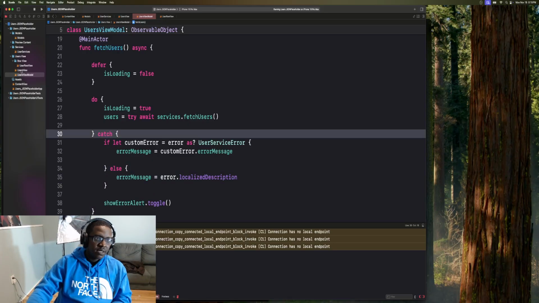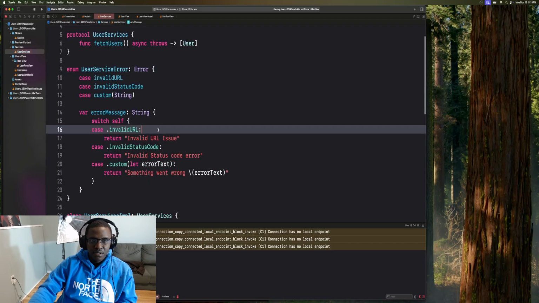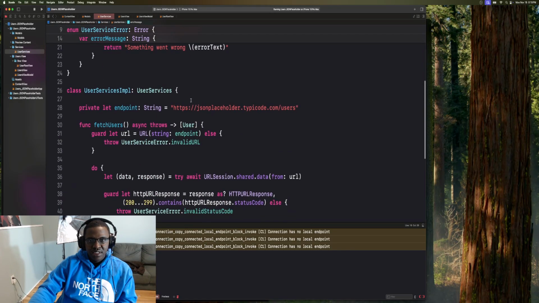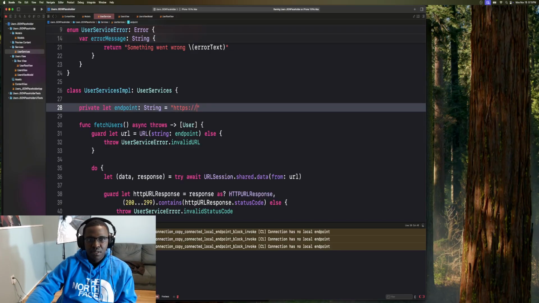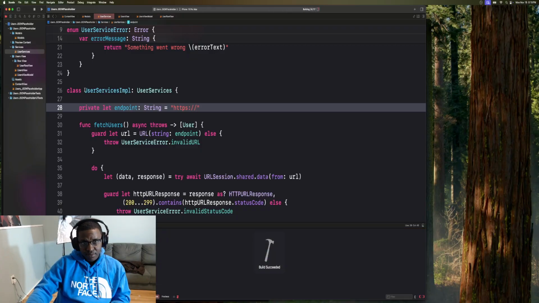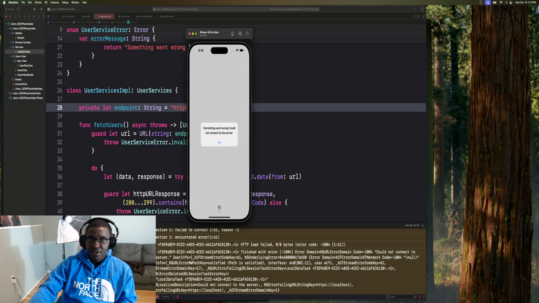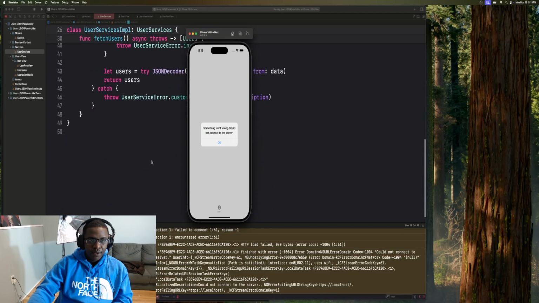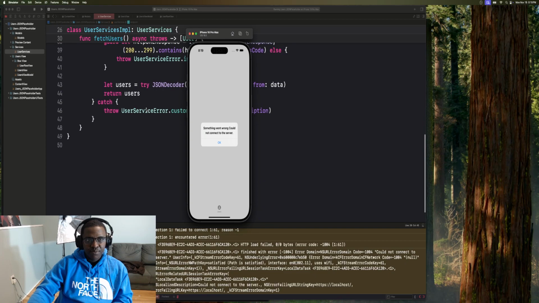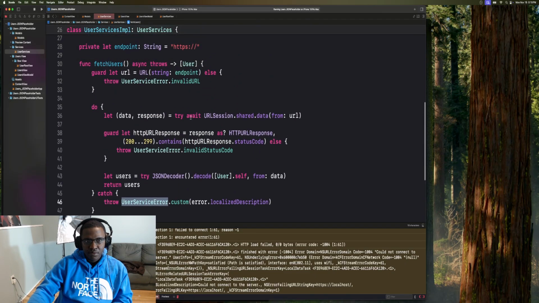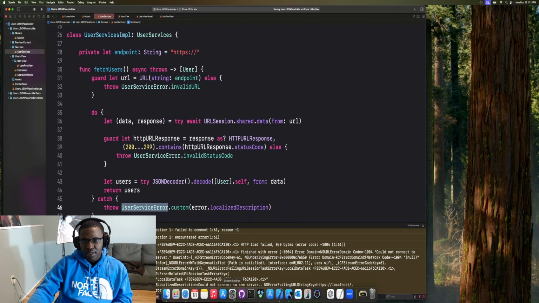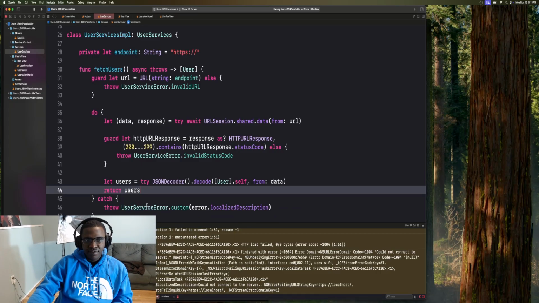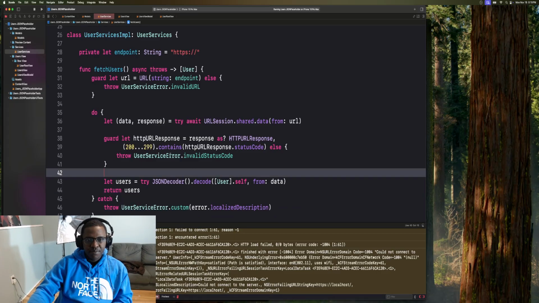So let's jump back to our users, and we're gonna change the URL, and let's get rid of this, and we're gonna run. We shouldn't get an error alert now. So you see something went wrong, could not connect to the server. This is hitting it pretty much right here. It's a bit harder to test for the status code because that's pretty much based on them, but